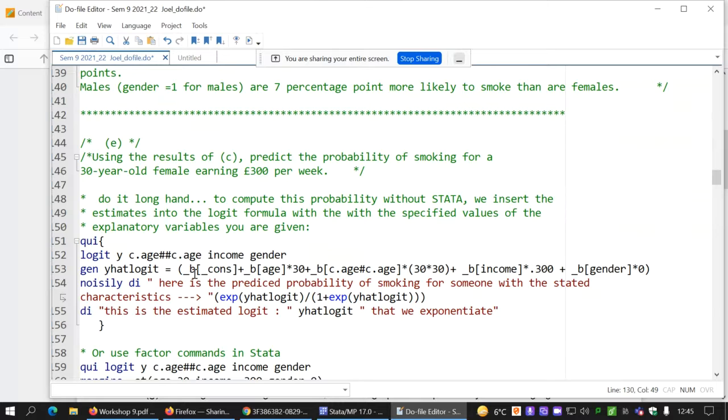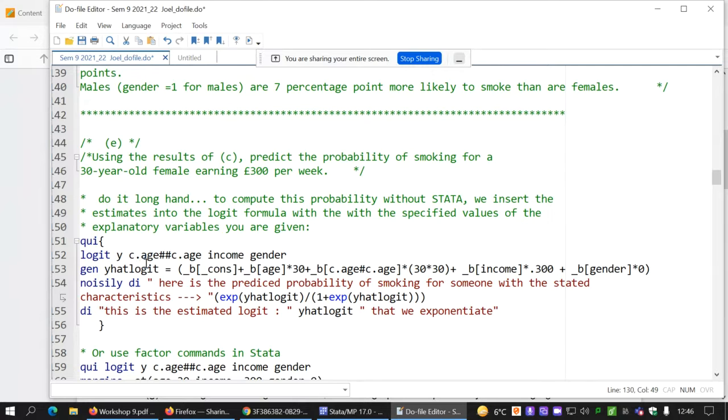You would take the coefficients and put in the estimated coefficients times, for example, here we're looking at somebody who's 30 years of age. So we'll multiply 30 by the coefficient on age. We also multiply 30 squared by the coefficient on age squared. We multiply income by 0.300 and gender by 0 because we're asked about a female, and that would give us